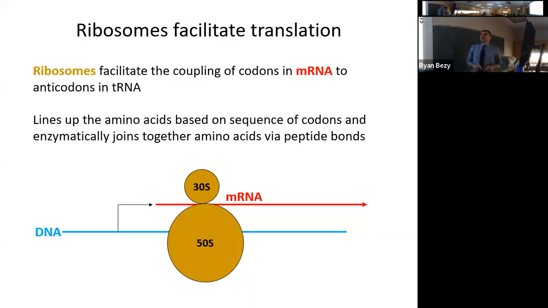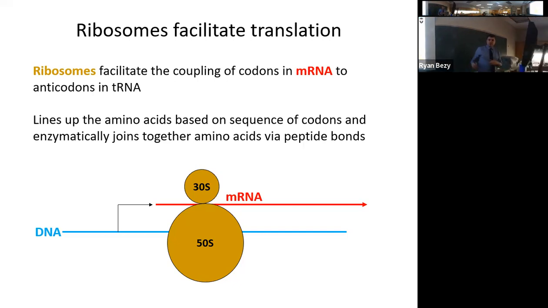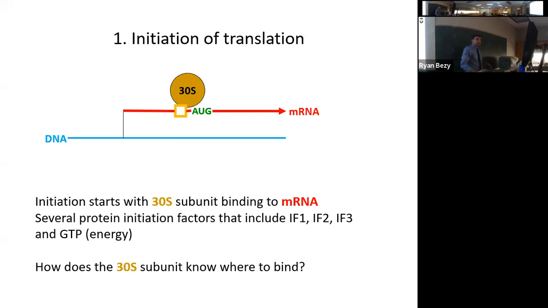All right, so what we're going to do is talk about what happens during this process. How do they make sure the mRNAs and tRNAs are lined up correctly? How do they join together amino acids to build a protein via the formation of these peptide bonds? So we're going to take a look at this like we have the other sequences. We're going to focus on start, what happens in the middle, and then how you terminate. So initiation, elongation, termination. How do you start this process?